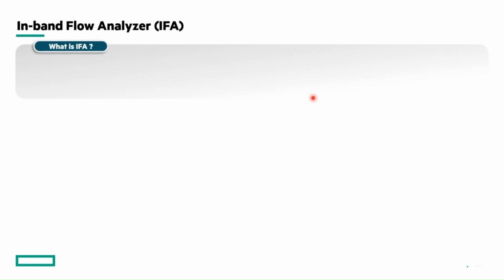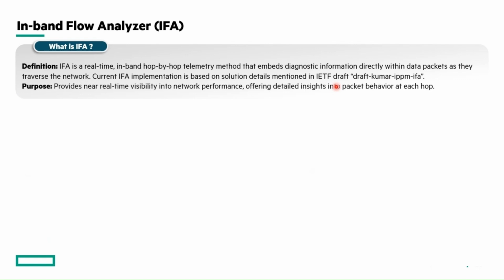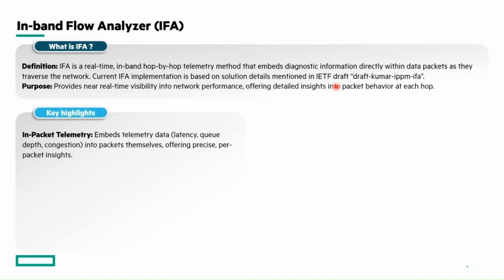So, talking about the brief definition, IFA is a real-time in-band hop-by-hop telemetry method that embeds diagnostic information directly within the packets as they traverse through the network. Currently, the IFA implementation is based on the solution details mentioned in an IETF draft, and no specific RFC is defined as of now. The purpose of IFA is to provide near real-time visibility into your network performance, offering detailed insight into packet behavior at each hop. The key highlights include: